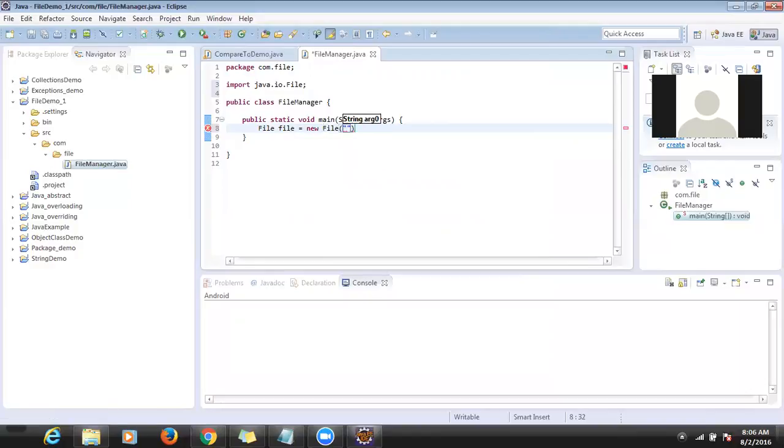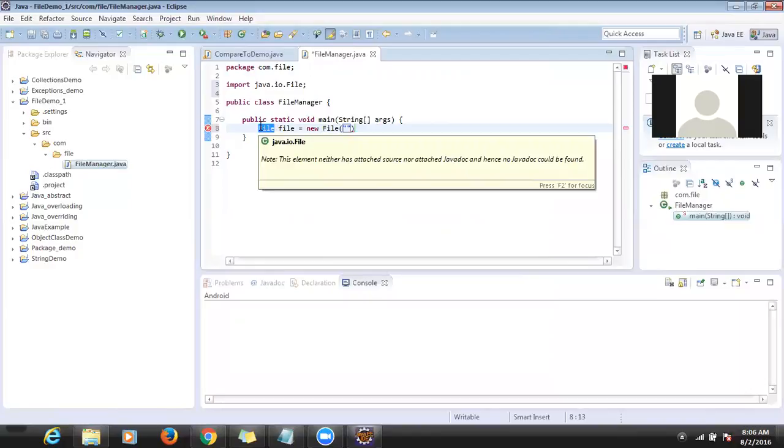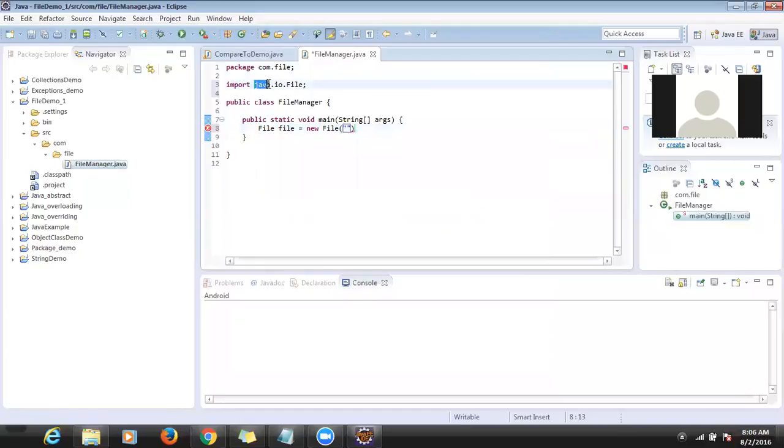I imported it, and let me create an object for this. So this is a class, right? I just told you the File class is available in the java.io package. We imported that, and after that I want to create a file called abc.txt. As part of the constructor, you have to pass the file name or directory name, whatever file or directory you want to create. After that, file dot